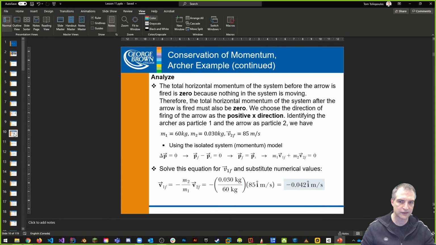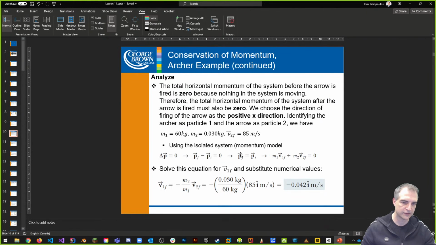So because momentum is conserved, right, we know that the amount of force that he's putting into it, so again, the change in momentum, P, it represents momentum, is 0, right? The delta P, change in momentum, is 0, and therefore the final momentum minus the initial momentum is equal to 0. And we can also say that the final momentum is equal to the initial momentum. Makes sense?